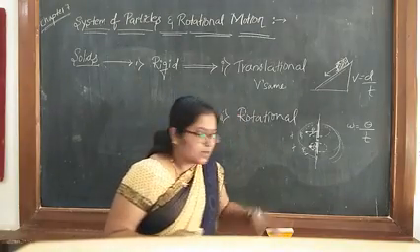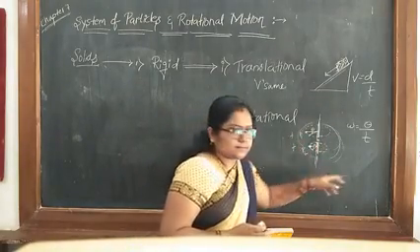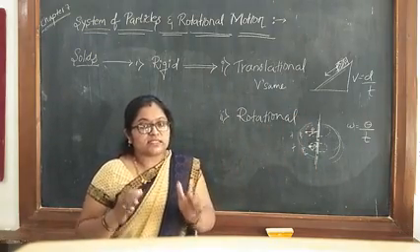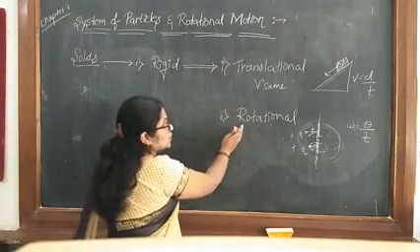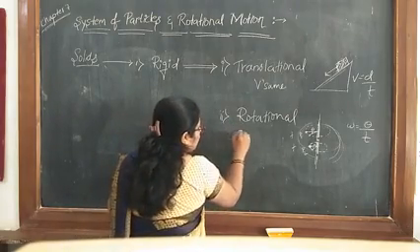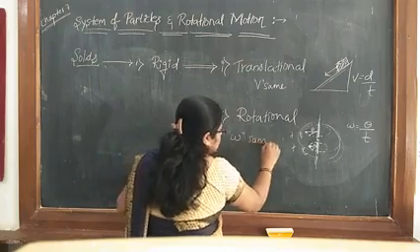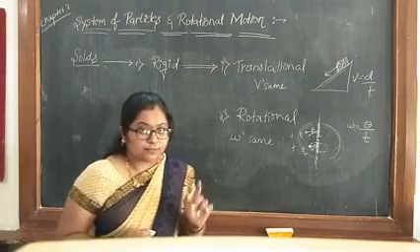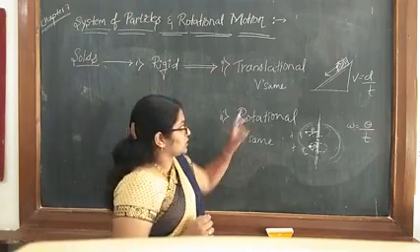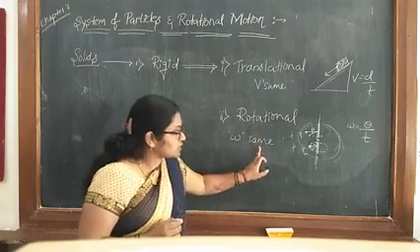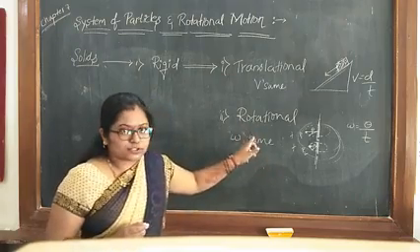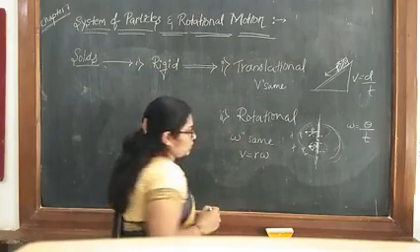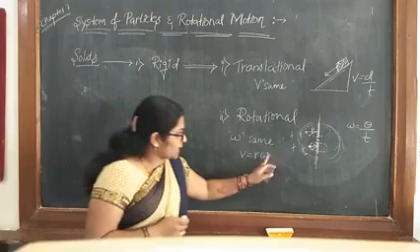Angular velocity is same. So for all the particles traveling over there, angular velocity is same. Understood? So in this rotational motion we will get omega, the angular velocity, same for all the particles. Understood? But if you consider the linear velocity, the velocity here in the rotational motion, we will get the linear velocity v as r into omega. Understood? So this omega is same.